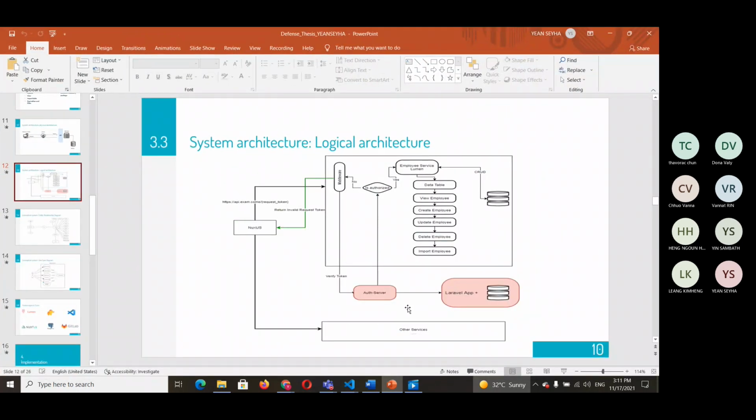I'm not doing the auth server, because I only do the front end in Node.js and the backend. We have not yet implemented the auth server in my project, but the auth server is done by my supervisor, teacher. So you didn't work with the authorization, right? Yes, teacher. Okay.